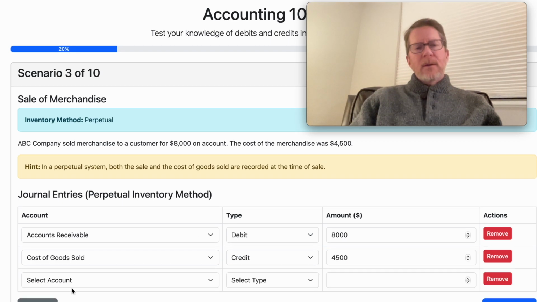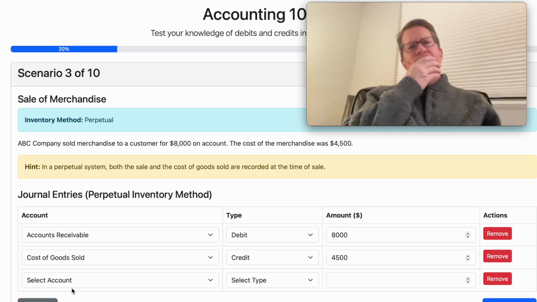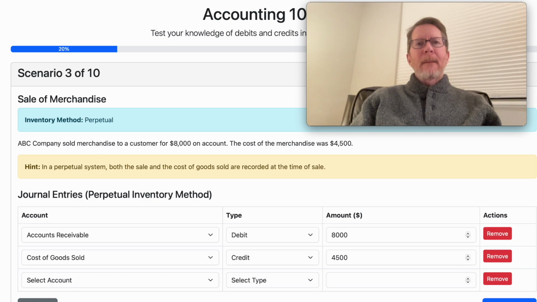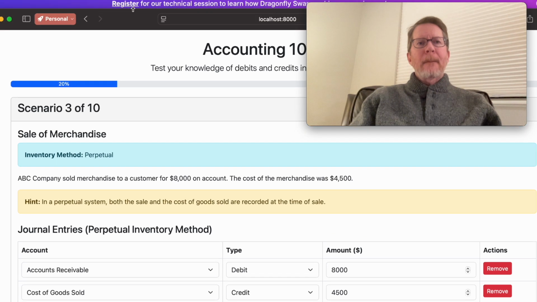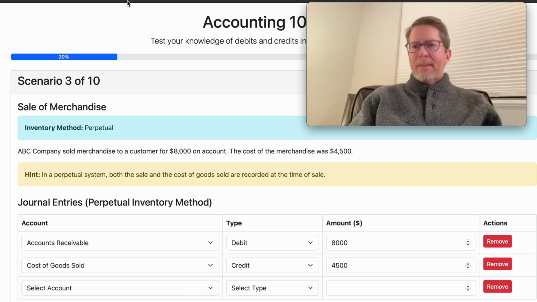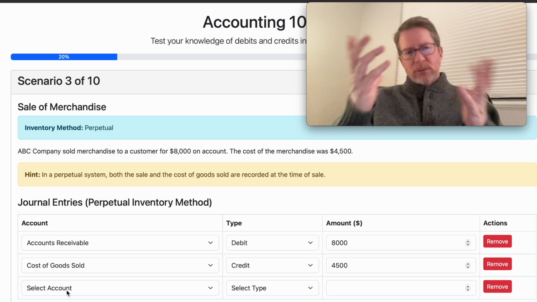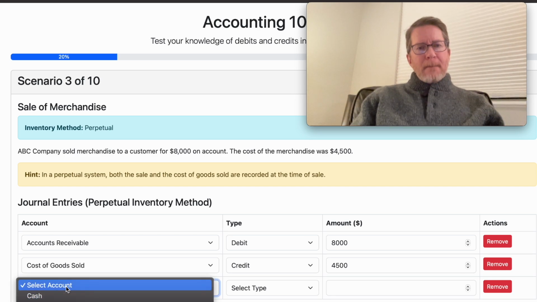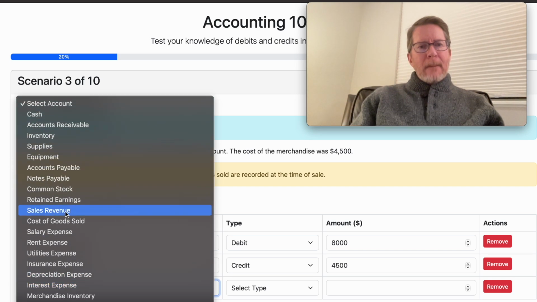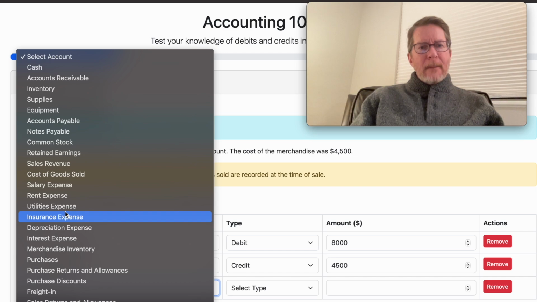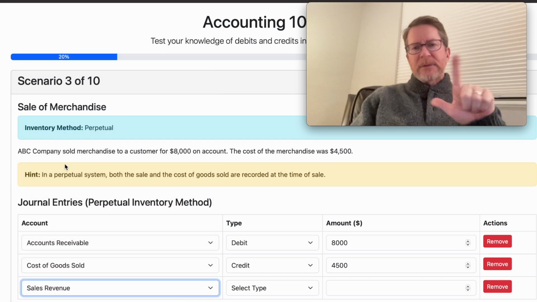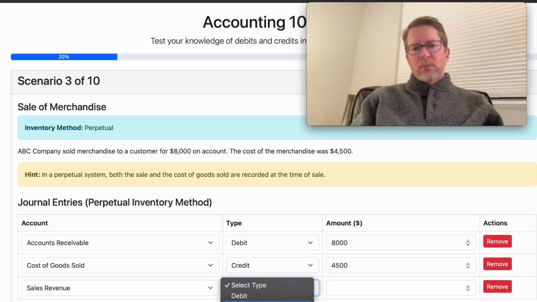And then let's see, what else can we add? Sale, cost of goods, and let's do sales revenue, credit, and